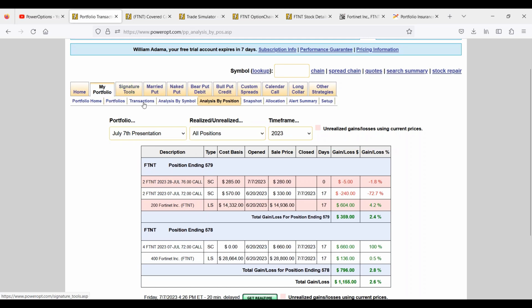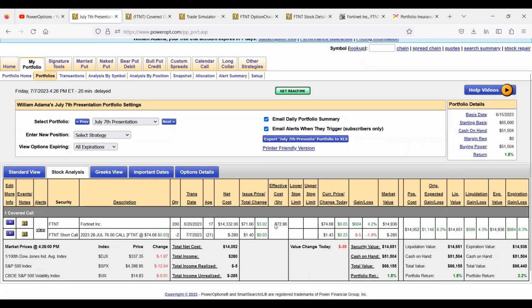And then, of course, where to view the different positions as you keep closing, rolling, and adjusting trades. What are the open positions versus the closed positions? Why don't you see the closed positions in the portfolio? That's reflected in your effective cost per share, but you can always view the running total in analysis by position